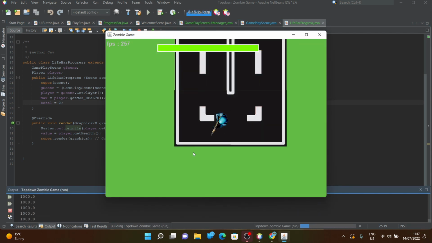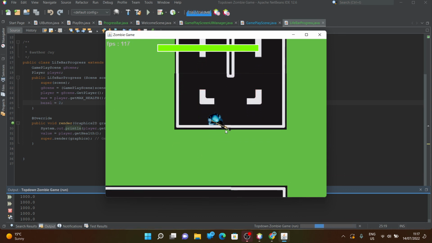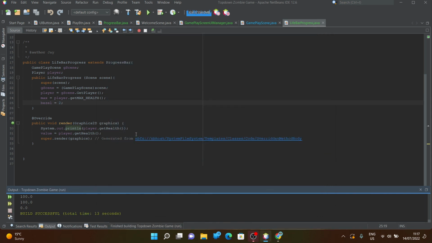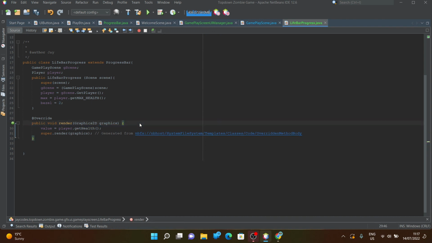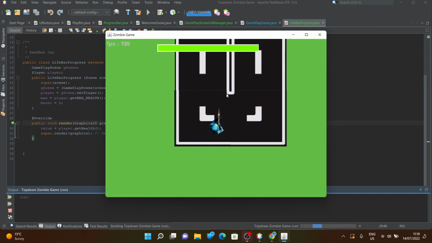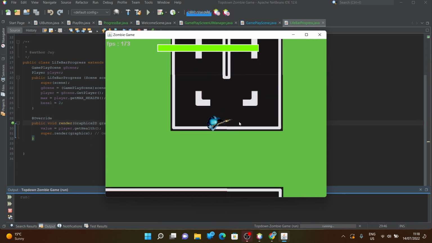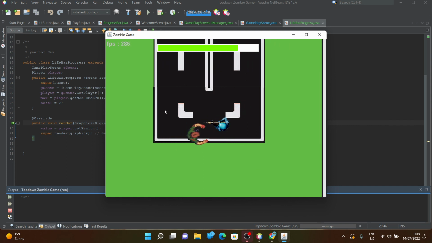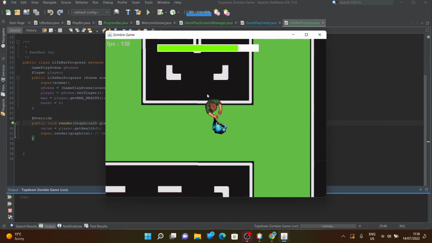we should have, as you can see, now it's working properly. Let me just get rid of this display statement. And now we have all the life bars working perfectly. As you can see, it's representing the amount of health